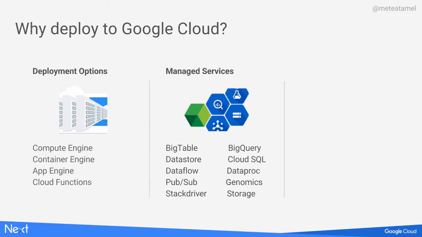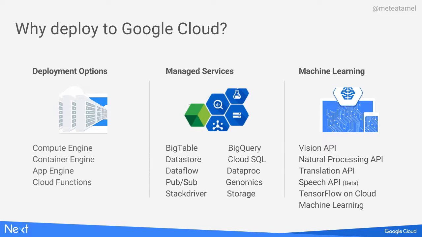And then finally, most importantly, in my mind, is machine learning. Machine learning is really big at Google. We use it in most of our products, and we have all these models built up using the data that we have. Now we are providing this machine learning to you through APIs. We have Vision API, Natural Language Processing API, and Speech API. We try to make it really easy for you to consume machine learning from your apps, and I'm going to show you an example of how to do that in the demo.